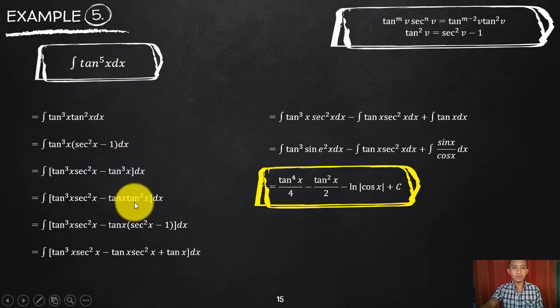Bring outside 2 of these, and then change that one again to secant squared minus 1. So I will just copy this one below, okay? So that will become secant squared minus 1. Then if I distribute, that will be tan sec 2x. So it's okay again, just like your case here, that is power rule.